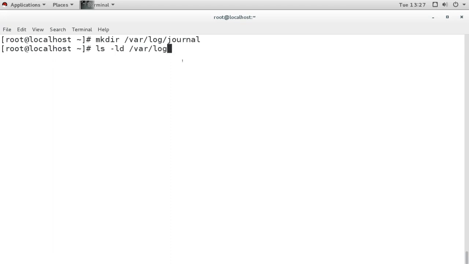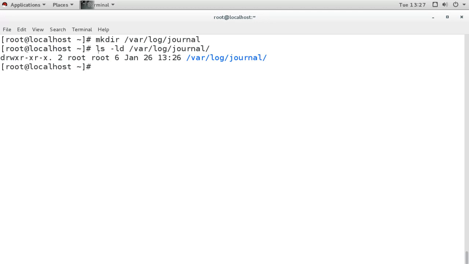Like if you see, it has write permission only for root, and other users can only read. So first we need to give permission to the systemd-journal service.